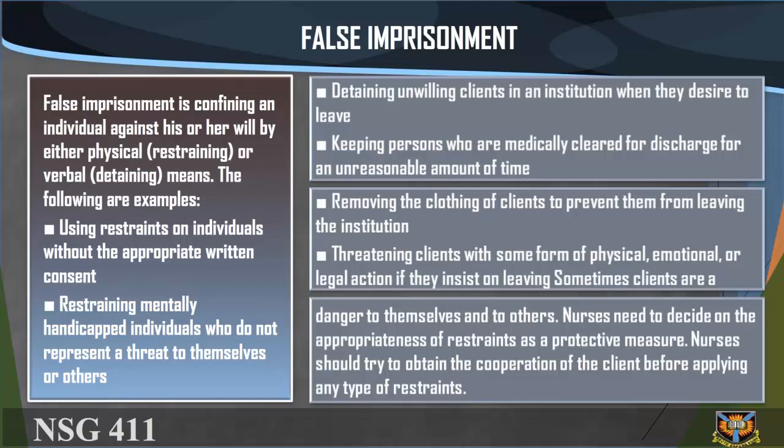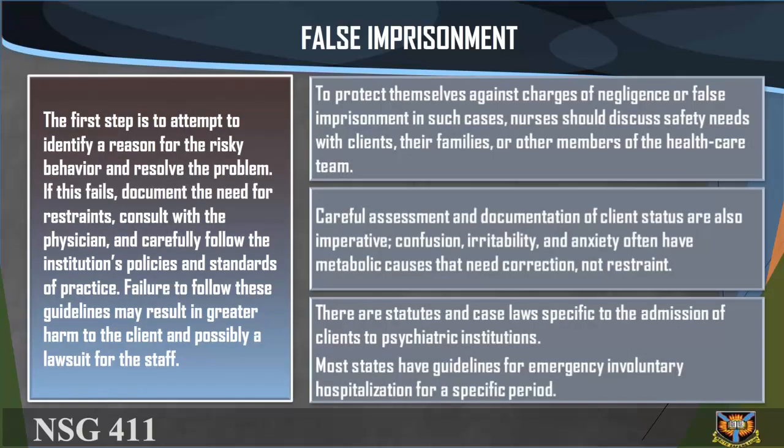Nurses need to decide on the appropriateness of restraints as a protective measure. Nurses should try to obtain the cooperation of the client before applying any type of restraint. The first step is to attempt to identify a reason for the risky behavior and resolve the problem. If this fails, document the need for restraint, consult with the physician, and carefully follow the institution's policies and standards